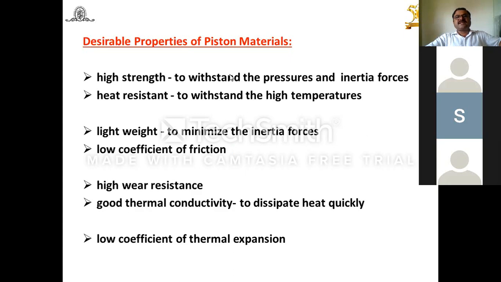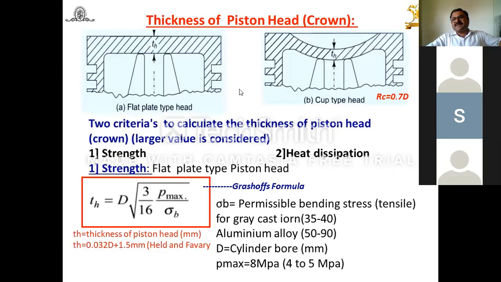Now let us see in the design how to find out the dimensions. This means rational design, because, like other simple component designs, we have to find out the dimensions that are suitable to take the load. Here in the piston, the gas expansion or gas pressure plays an important role, and the side thrust coming from the connecting rod is important. While designing the piston, we have to take care of these 2 points.